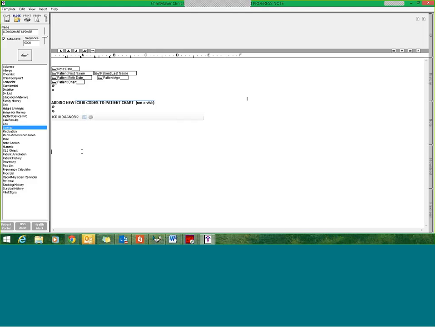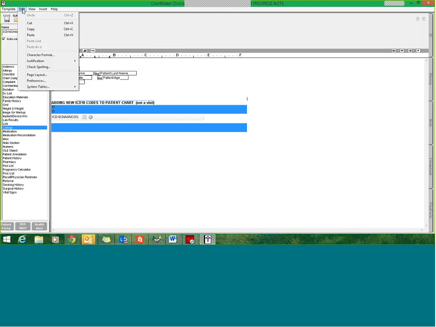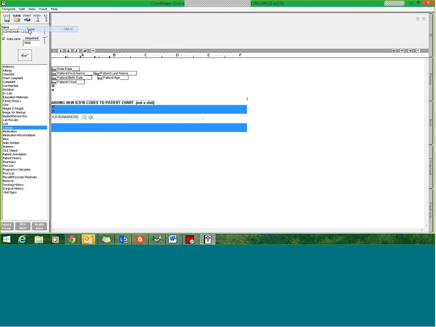Okay. So let's handle how you would copy this once you're finished. So if you highlight your checklist, click Edit at the top, and copy. So you would only do this when you're finished writing all your ICD-10s that you think you'll be using. Certainly, you can always come back and change that as well. But highlight that, and then close this